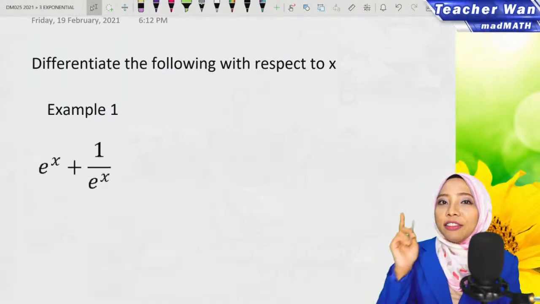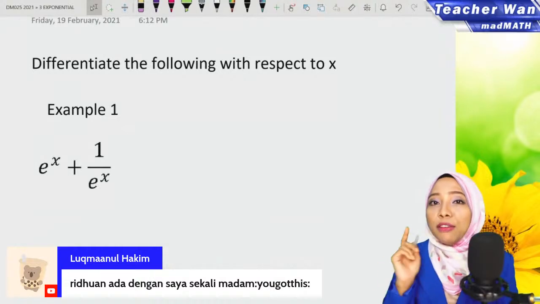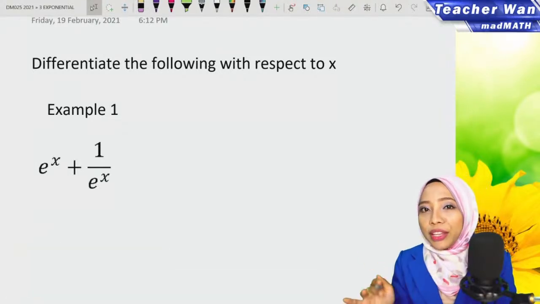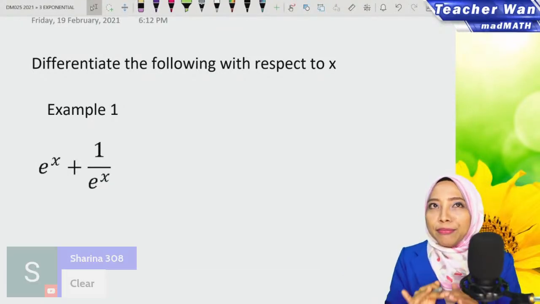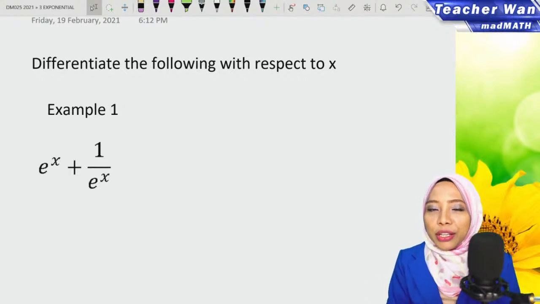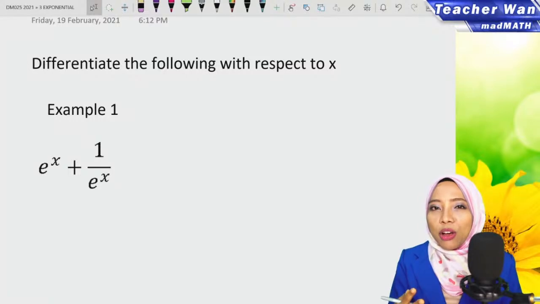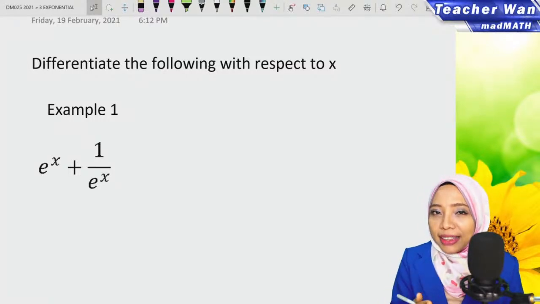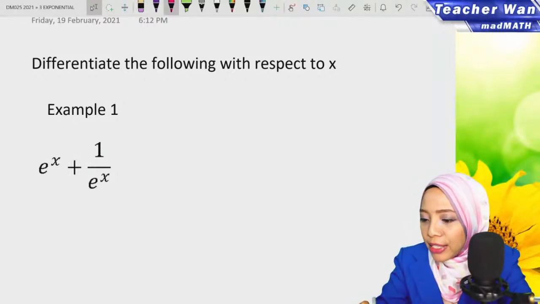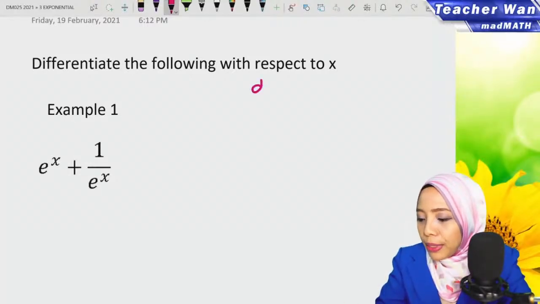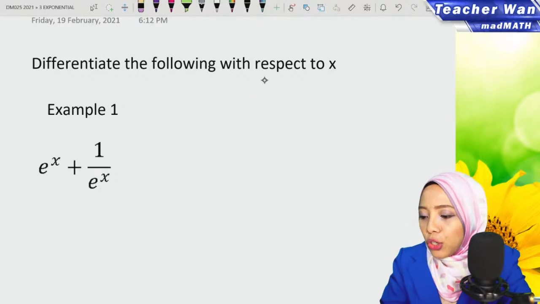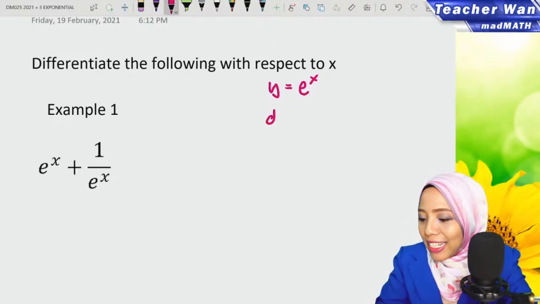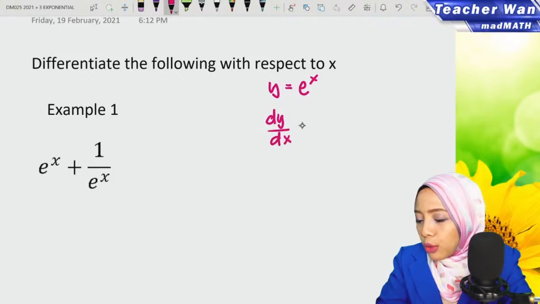Okay, the first question. Before we go further, I would like to give some introduction, even though I'm pretty sure that you all have mastered the properties of differentiating the derivative of exponential function. Let's do this together. For example, if given to you y equals e to the power of x, so dy over dx is equals to,